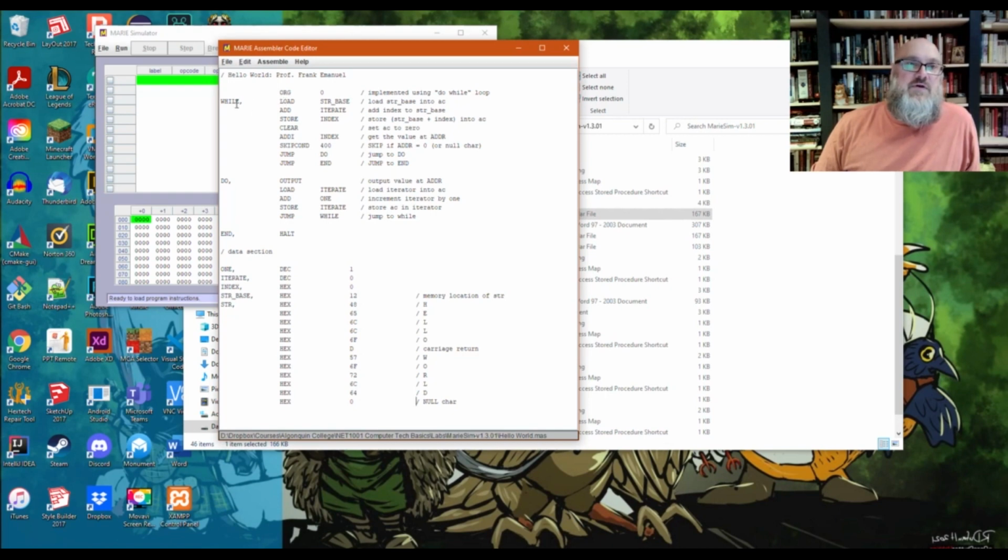So here I'm going to put load, and I'm going to load whatever is in string base. So string base has a 12, so I'm going to load 12 into the accumulator. Then I'm going to add to the accumulator whatever value is in iterate. So there's a 0 here, so 12 plus 0 is 12. Then I'm going to store this, because this is all in the accumulator, into index. So index is going to be my offset or my address of the first letter that I want